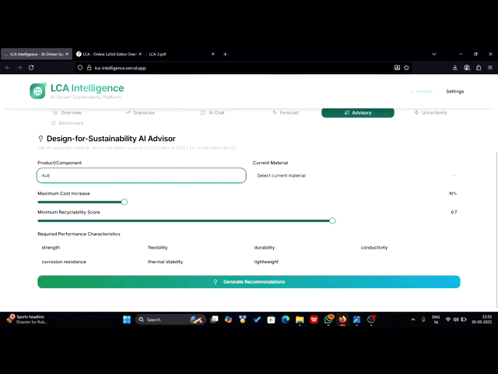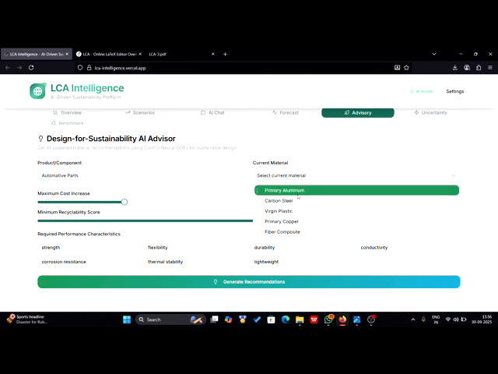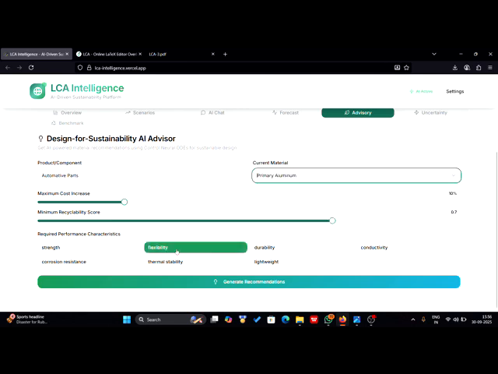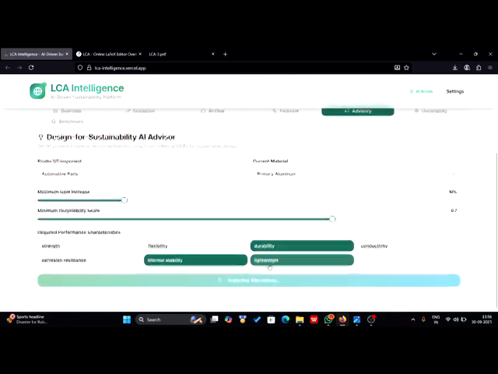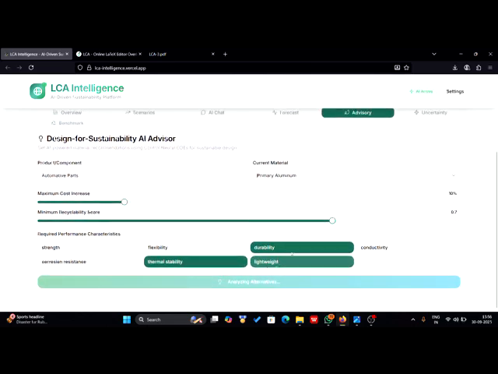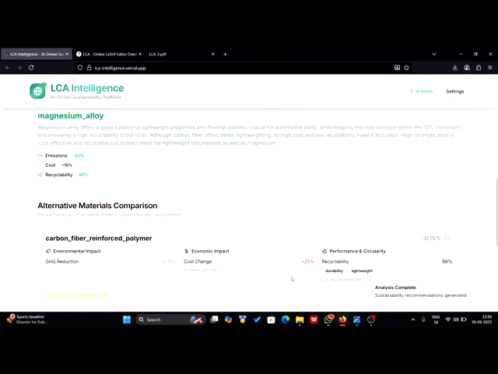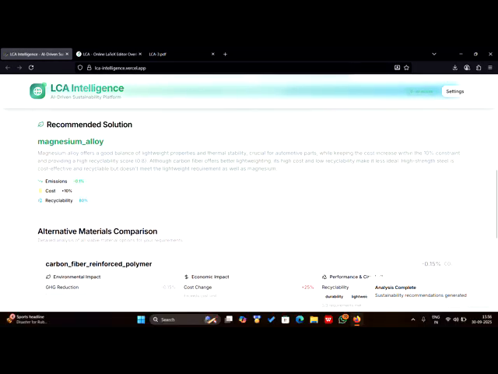Let me just promote parts, and let us say this is primary aluminum, and we currently require durability and lightweight because it's automotive parts, and then thermal stability too. And then we'll get a complete alternative to primary aluminum, which we can use. So how this works is